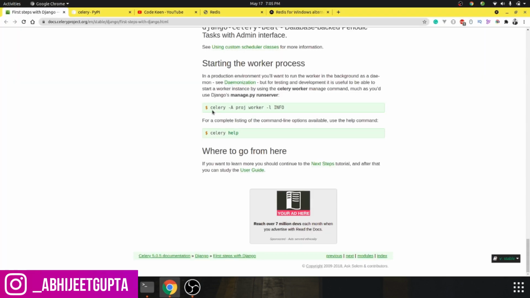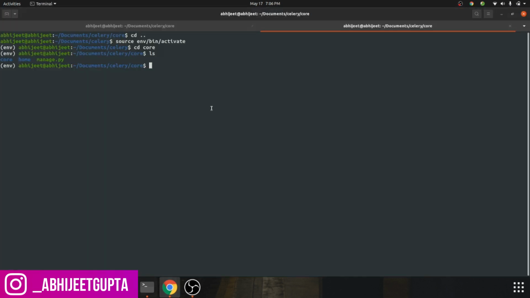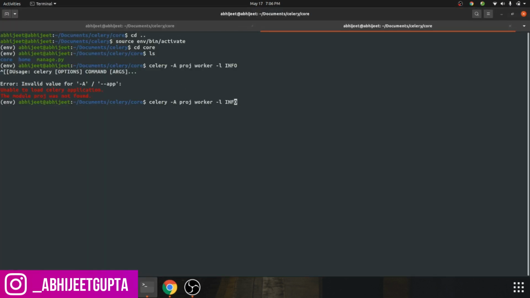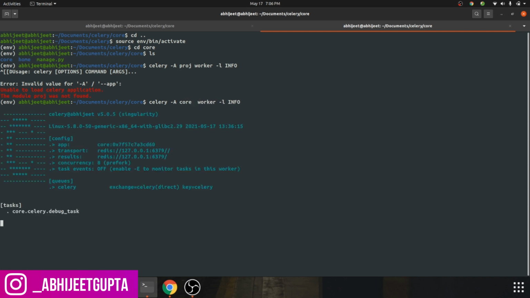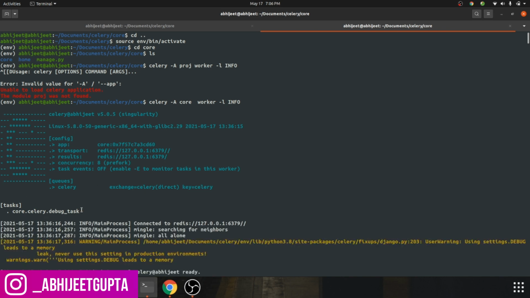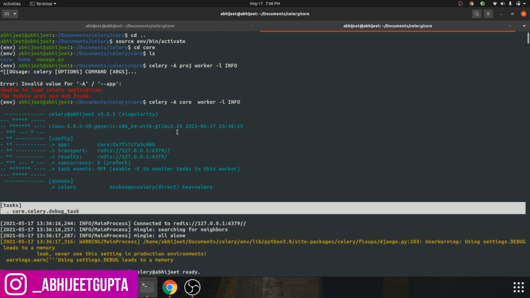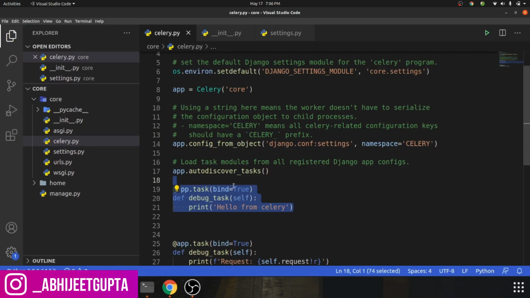For starting Celery we have to copy-paste this command, and here your proj will be replaced with your project name, which in my case is core. Let's hit enter. You can see we have one task, core.debug_task, which we have pasted from here.